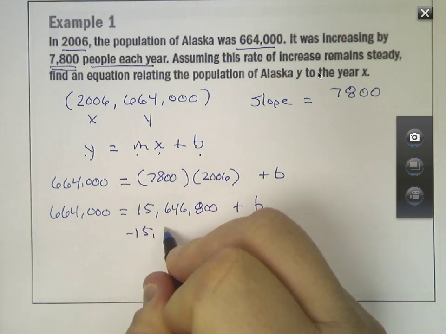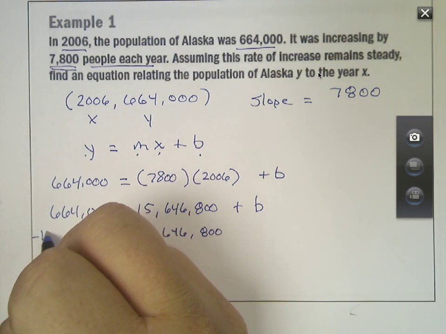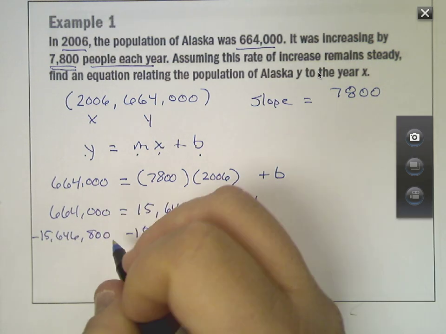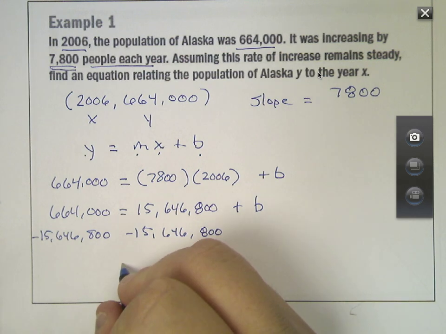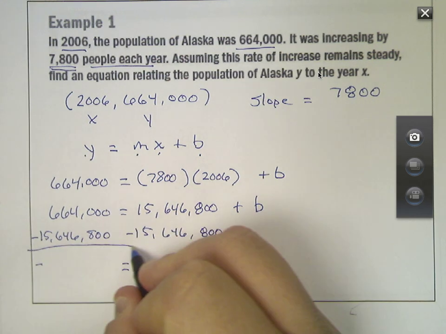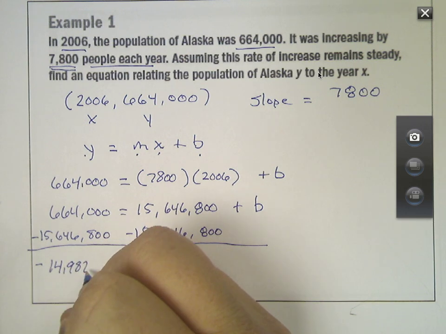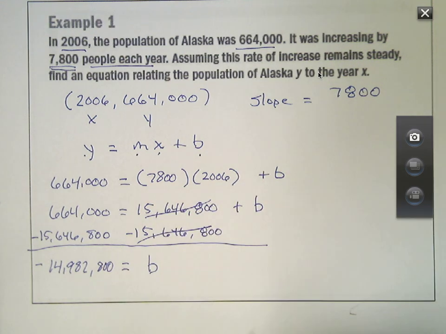So I have to subtract all of this. Whatever I do to one side, I have to do to the other side. That is going to give me a negative 14,982,800 for my